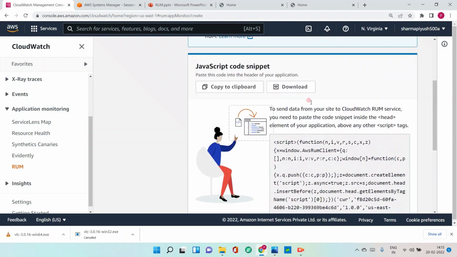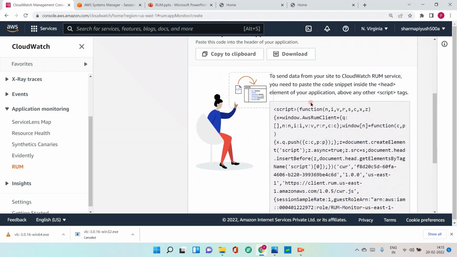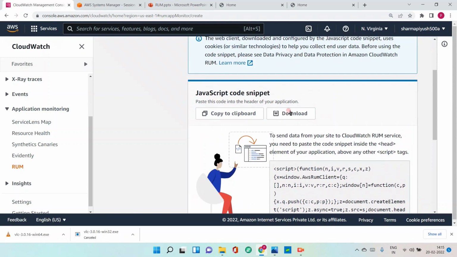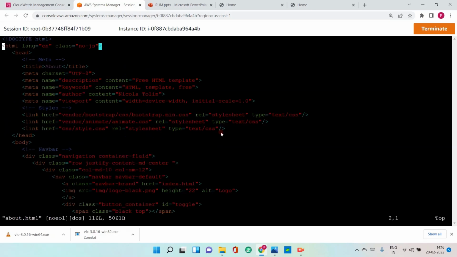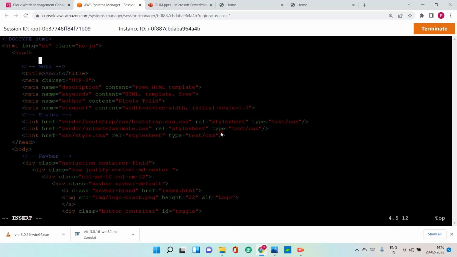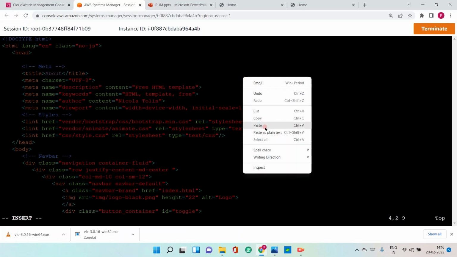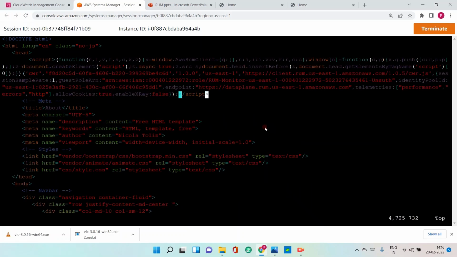So this snippet is the one which we have to copy into each and every HTML page of our website. So copy to clipboard. What I'm going to do, I'm going to each and every page. Let's start with about.html. vim about.html. So remember this place, under the head section, like this, you have to copy this under the head section. Don't change the place, otherwise it might create a problem. So let me do it. I'm just copy pasting it like this,